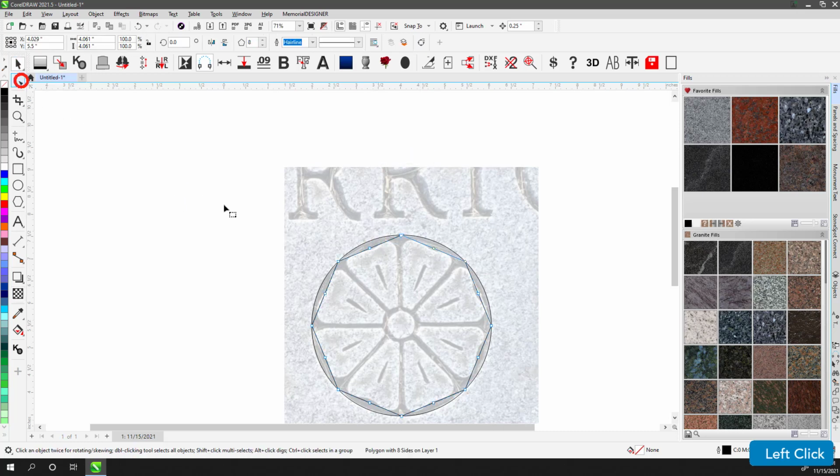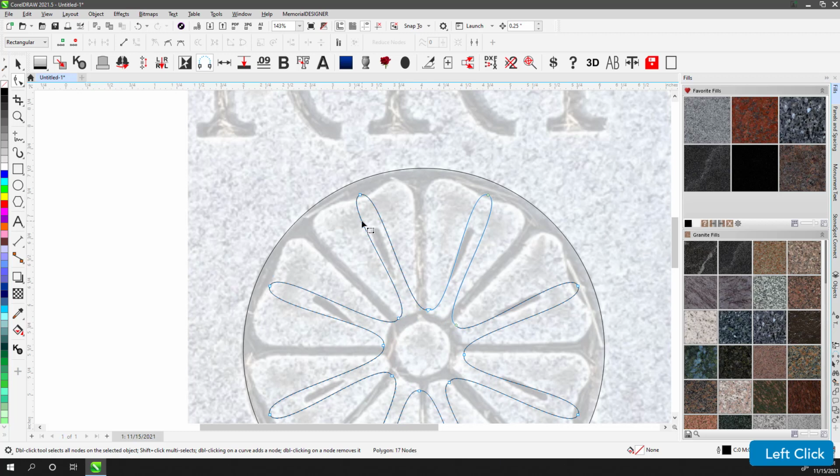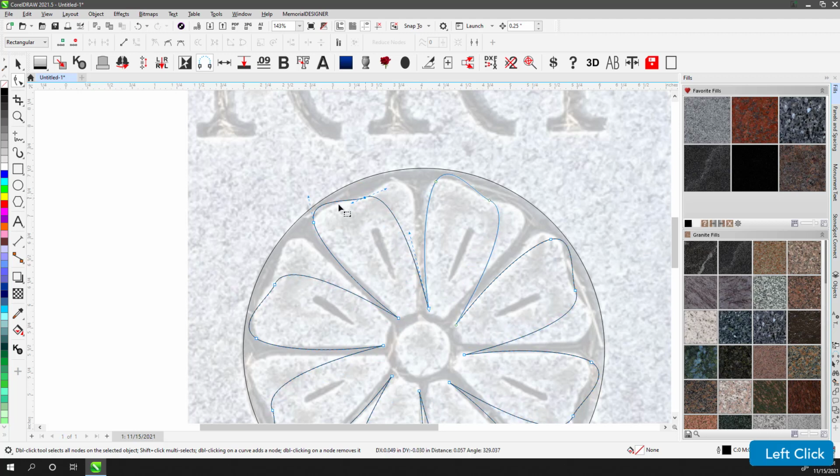Alright, so with my polygon, what happens is if you grab one of these pieces, and let's say we pull it down to here, okay, you can also double click to add nodes. So I will, let's go like this, and then I'm just going to double click to add a node here, and I'm going to double click to add a node over here. And as I draw this, you'll see how it takes shape